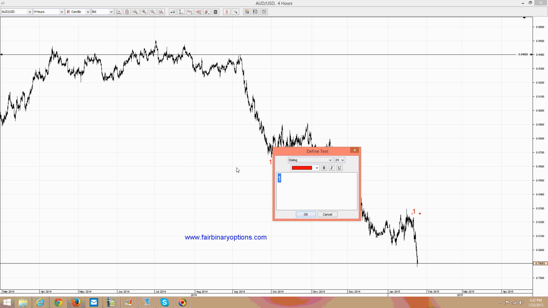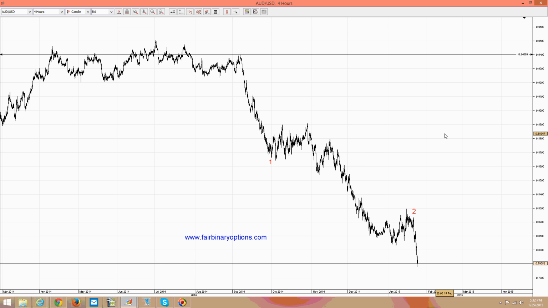This means that we are looking for a running correction since the second wave ends lower than the end of the first wave, and this running correction should not stop anytime soon, as it needs to go 161.8 when compared with the previous first wave. Well, this is the first wave.